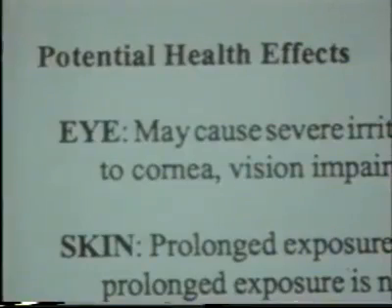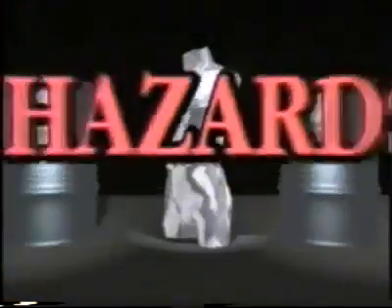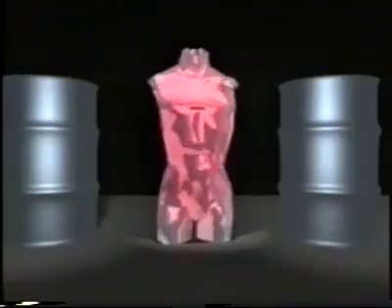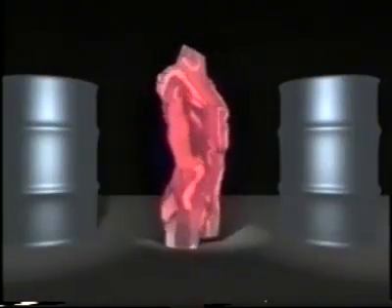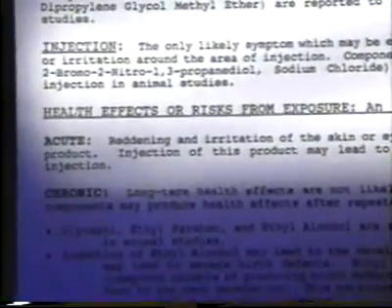Potential physical and health hazards of a material will be found in the beginning of an MSDS. For example, if a material is flammable, corrosive, or toxic, you will know by reading the MSDS. How these hazards can enter your body and how they will affect your health will be written here as well. For example, the primary routes of entry for this industrial cleaner are inhalation and skin and eye exposure. If exposed to this chemical, long-term health effects are not likely, but acute health effects are, such as reddening and irritation.